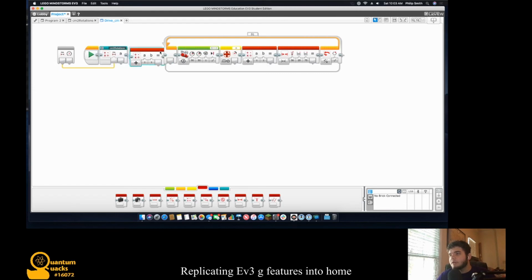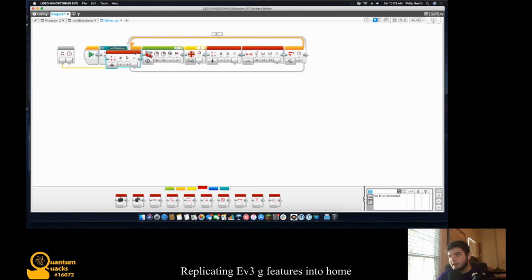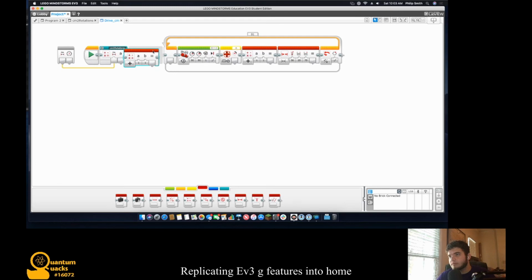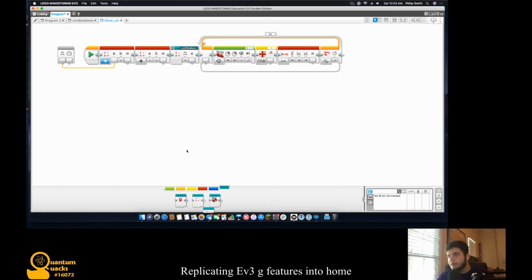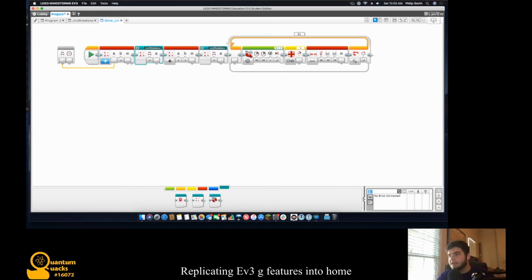Okay, so we're coming here and we're saying, so that number of rotations. So we're willing to stop within plus or minus a centimeter. So we say, okay, how many rotations is, well,